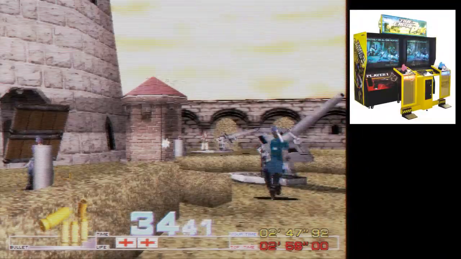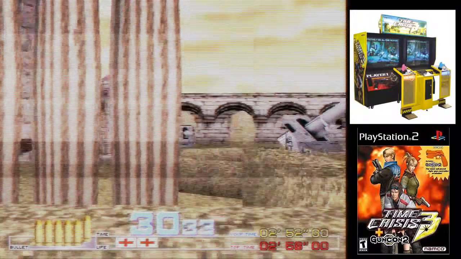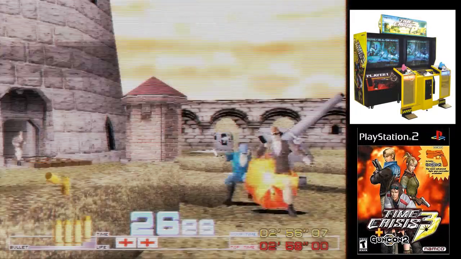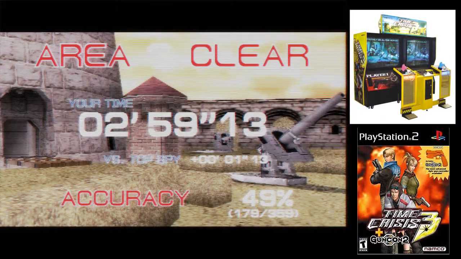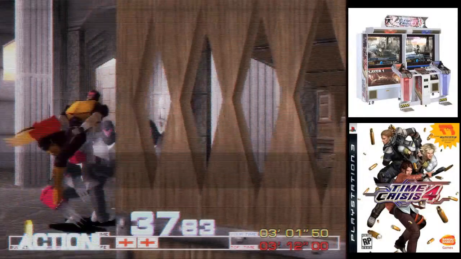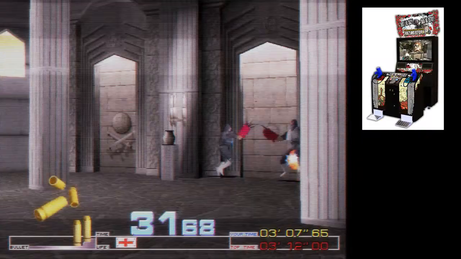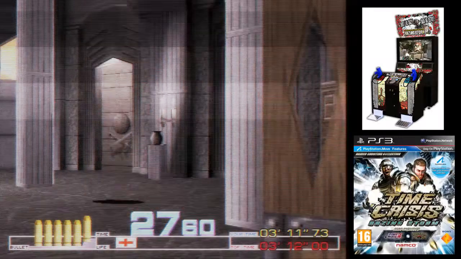Time Crisis 3 in the arcade in 2002 and ported to the PS2 in 2003. They introduced selectable guns, so you could pick up different guns throughout the game and choose between them. Then we had Time Crisis 4, released in the arcade in 2006 and ported to the PS3 in 2007. And then we've got Time Crisis Rising Storm, released in the arcade in 2009 and ported to the PS3